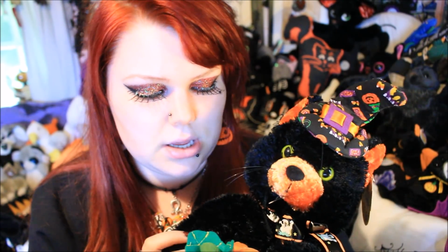So due to those imperfections, I did get this slightly cheaper. She did want £1 for it and I was like, look at these imperfections, and she was like, okay, you can have it for 50p. So I was like, yes, because I figured even if I got him home and I realized he was in a bad state, or there was something I didn't like about him, the bow alone is probably worth 50p,